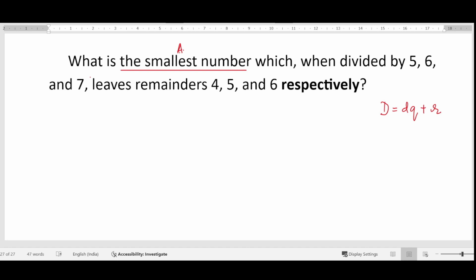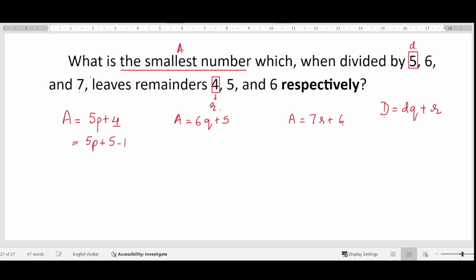Let the smallest number A be the dividend. 5, 6 and 7 are the divisors. 4, 5 and 6 are remainders respectively. So A is equal to 5P plus 4, or A can also be written as 6Q plus 5, and A is equal to 7R plus 6. ठीक है, 4 को हम लिख सकते हैं 5 minus 1, so A is equal to 5P